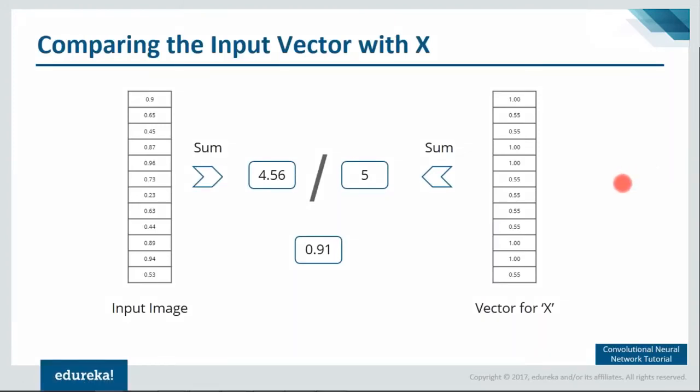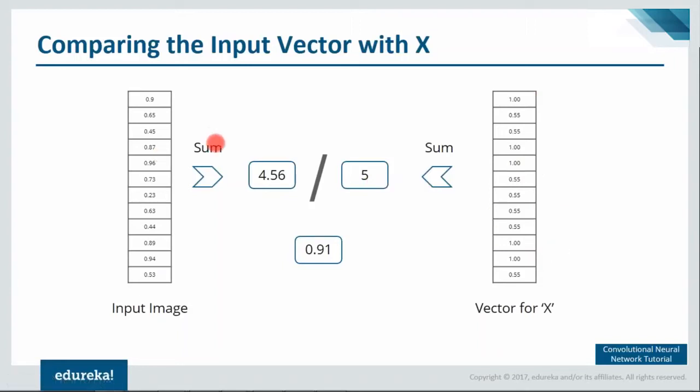Now, as I've told you earlier as well, for X there are certain values which will be high, which is nothing but the 1st, 4th, 5th, 10th and 11th value, right? So I'm going to sum the first, fourth, fifth, 10th and 11th value, and I've got 5. 1 plus 1 plus 1 plus 1 plus 1. So 5 times 1, I've got 5.